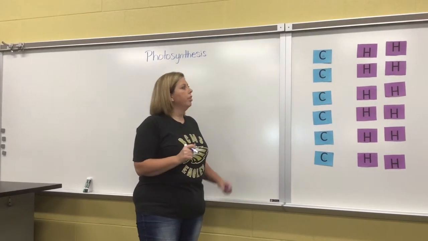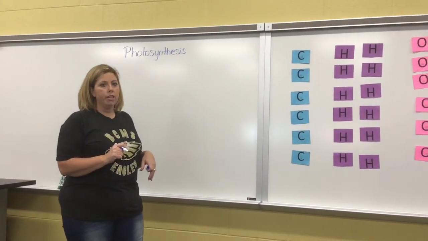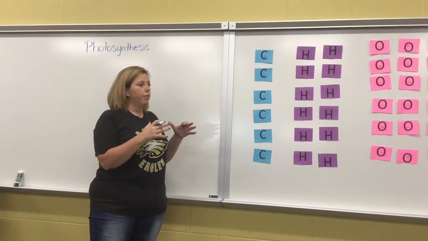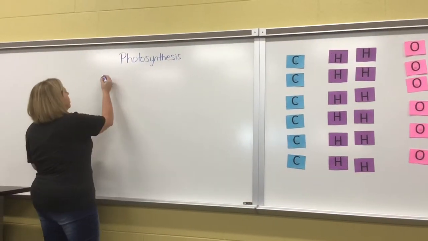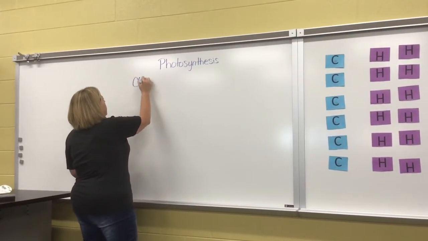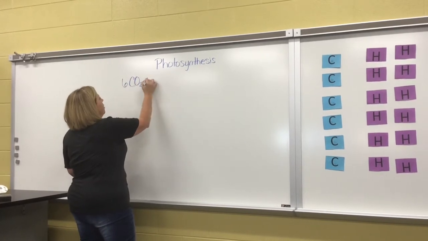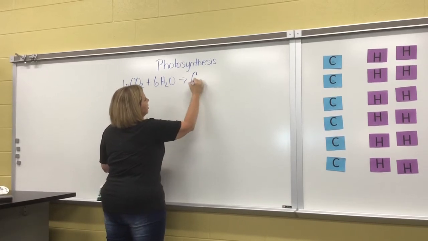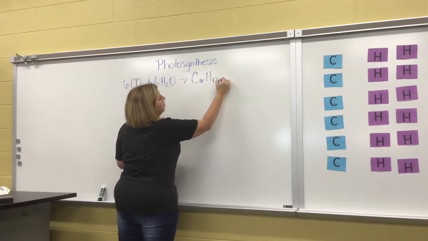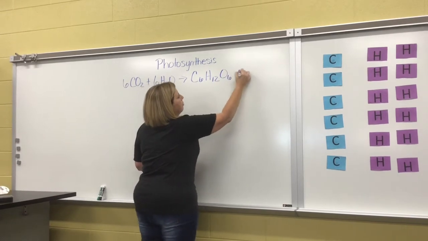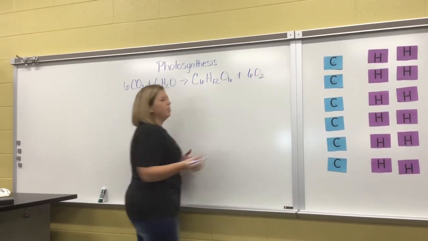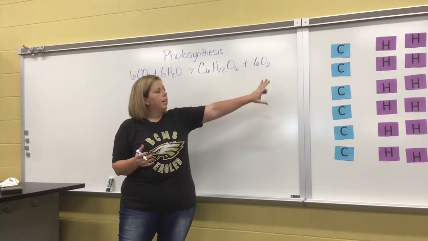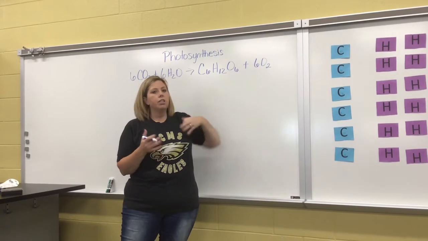Alright guys, today we're going to look at the equation for photosynthesis, but I want us to see where these elements come from, because a lot of times when we look at this equation, 6CO2 plus 6H2O yields C6H12O6 plus 6O2, sometimes that's like, well, what do those letters really mean? So hopefully when we look at these symbols that we've made here, it's going to make a little bit more